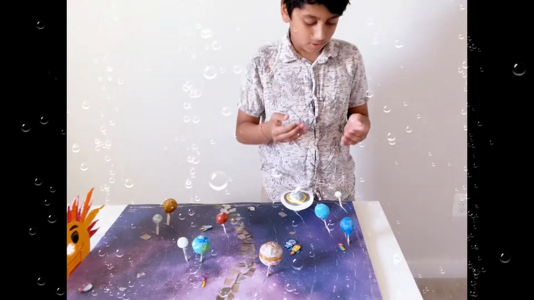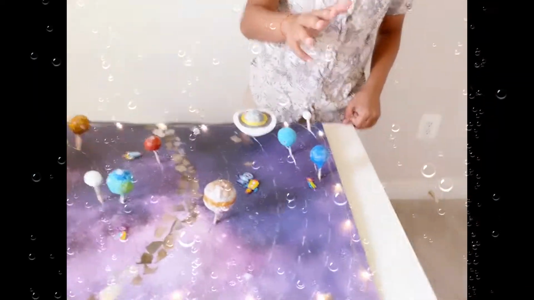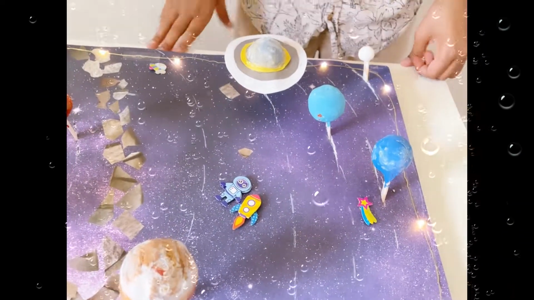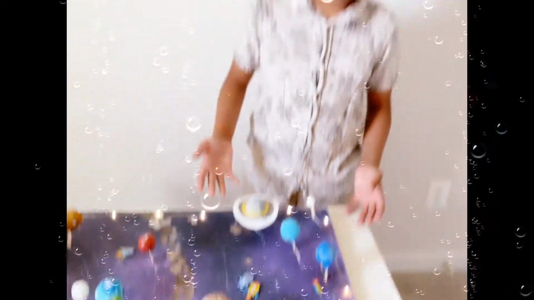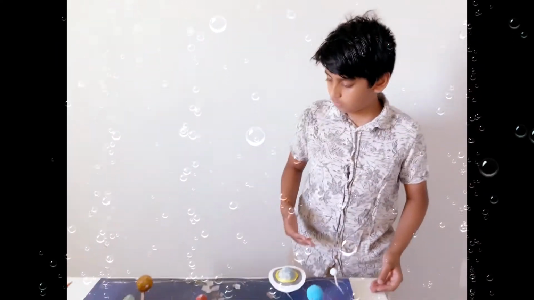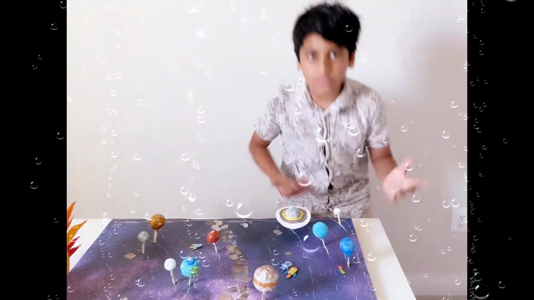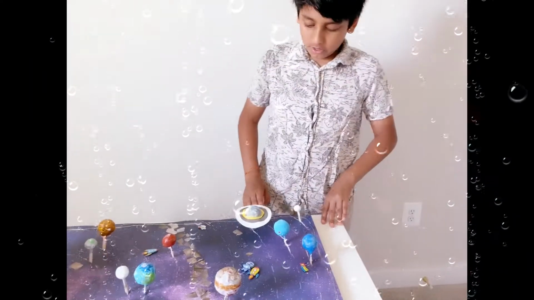Now we're moving into Uranus. It's not called Uranus, it's called Uranus. And Uranus is completely blue. You just make it, I could say, just half the size of Jupiter. Let's just say that. Yeah, half the size of Jupiter. And then